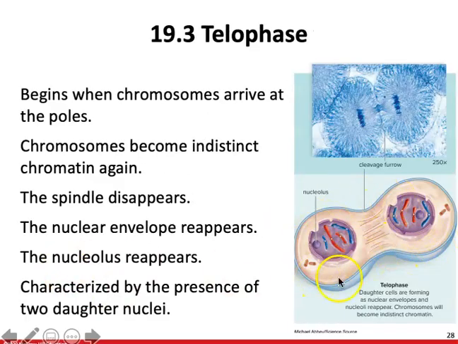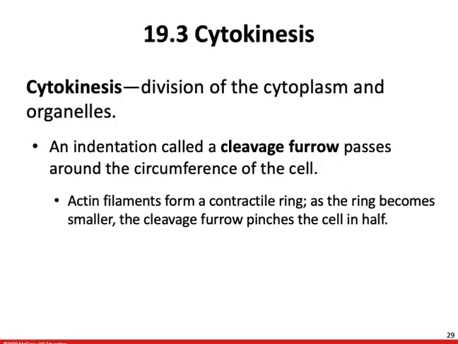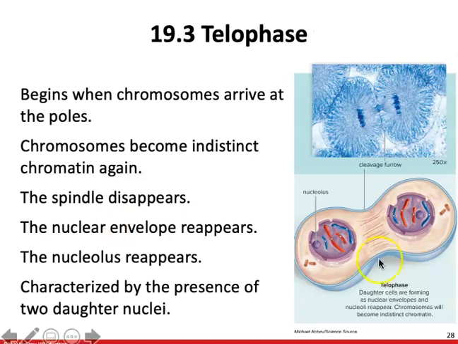What you can see here is that we still have the cell membrane intact. Here's the outer cell membrane is still intact. There is still a slight connection between the cytoplasm of the two daughter cells. So the last thing we need to do is undergo cytokinesis. Cytokinesis is the division of the cytoplasm and the organelles. What we're going to see is a slight indent is going to form called the cleavage furrow. This is going to pass around the circumference of the cell. So what happens here is we're actually going to slowly pinch off these two cells. So we're going to separate them, pull them apart, and then start to pinch them off with a ring of